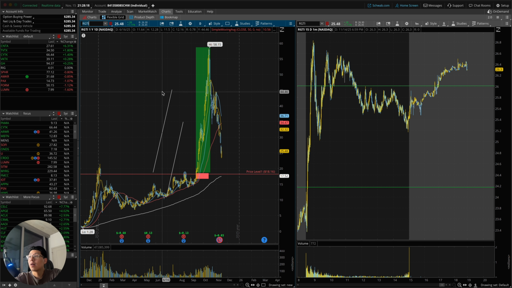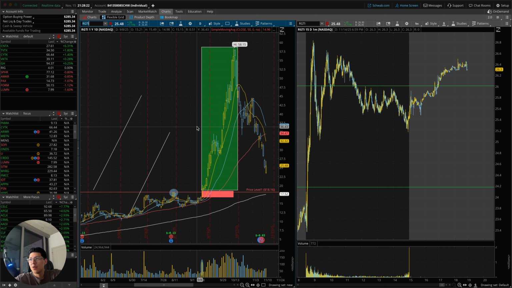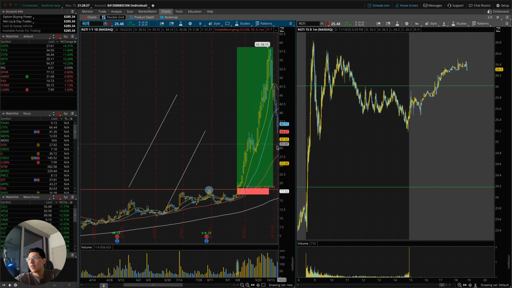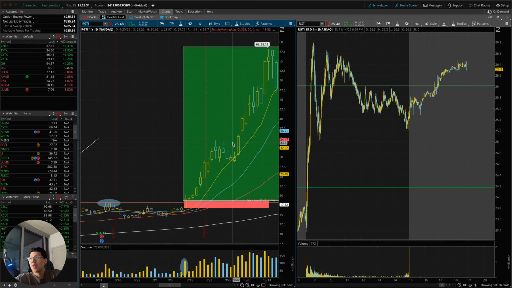RGTI. Okay, perfect. So this is one trade that I took. First of all, you do not know anything about my strategy. Based on what you're seeing right here, what can you tell me about my strategy so far? This is how much I risked, and this is how much I was able to make. I think I was able to make like $6,000 on this trade.